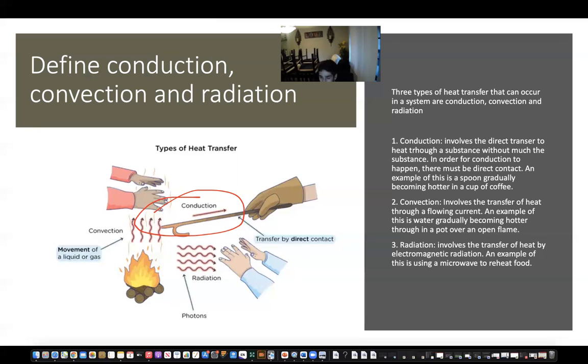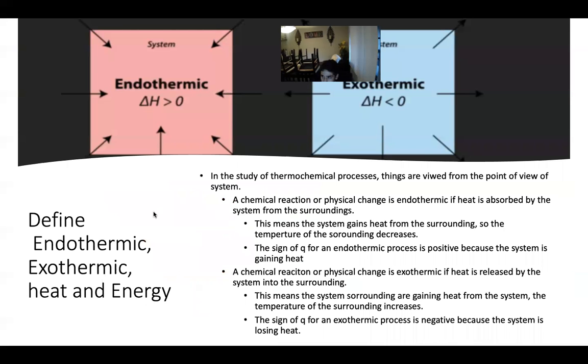Exactly. So I think the important thing to recognize is that with the first two, you require something that you can either see or touch, right? But with radiation, it doesn't require matter. It's electromagnetic radiation, which means you're not able to see it, but you know that molecules are working together to create that heat transfer. Does that make sense? Yes. All right, so that was the first point, and I hope that you're able to get that when you do your exam